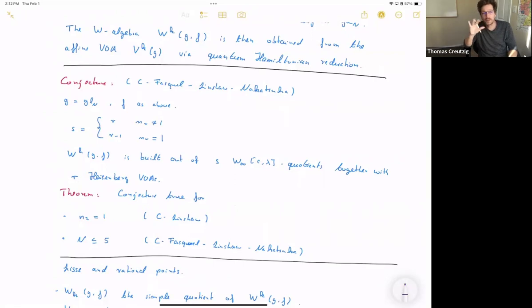But beyond that, more or less nothing is known. And Justine and Shigenori wrote a computer program that computes these OPEs. Of course, it's also then restricted to lower rank, but it's still quite good. And so in particular, we were all led to the following conjecture.